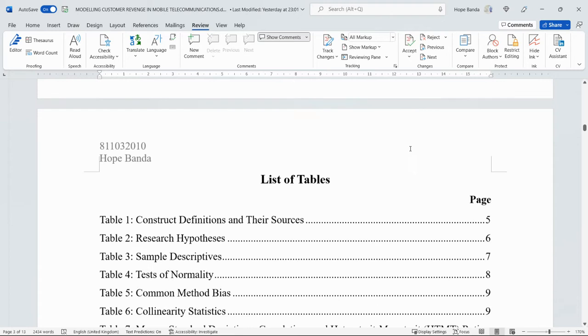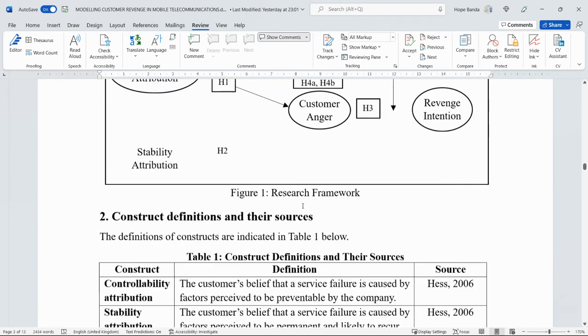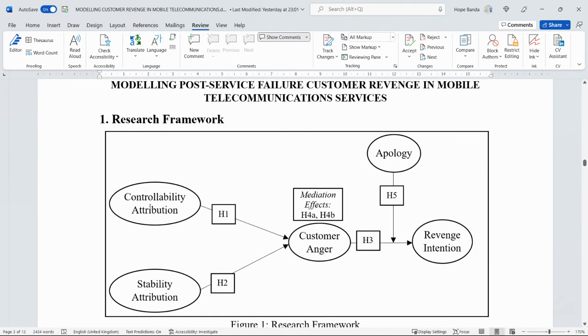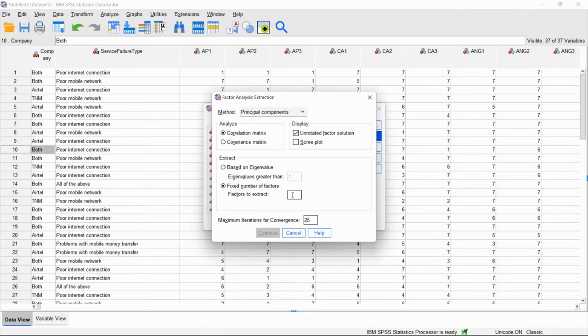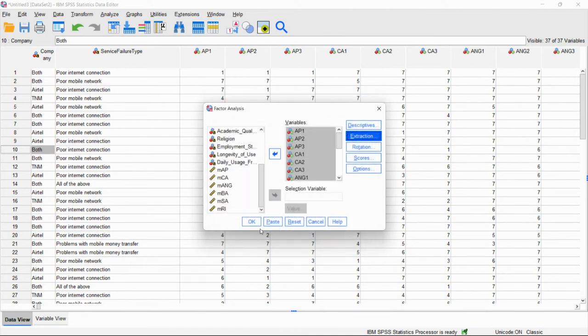So for instance, in my case, this is my research framework. I have 1, 2, 3, 4, 5 variables. So that means I need to extract 5 factors. If you have 6 in a model, you have to extract 6. So I extract 5 and